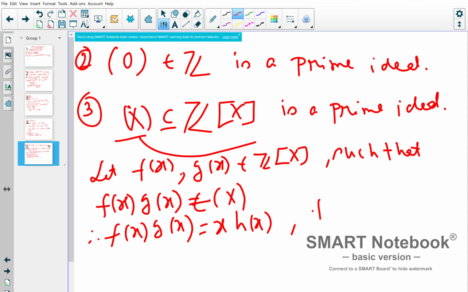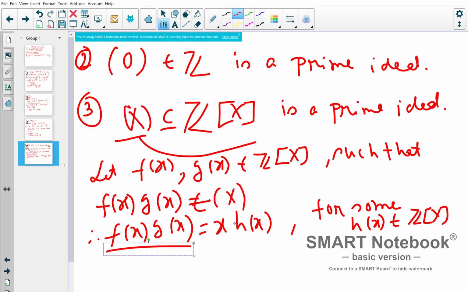For some h(x) belongs to Z[x], some other polynomial. So now x is irreducible, right? So x divides this product. So what does that mean? That means x is sitting inside either f(x) or g(x). So this implies x divides f(x) g(x),